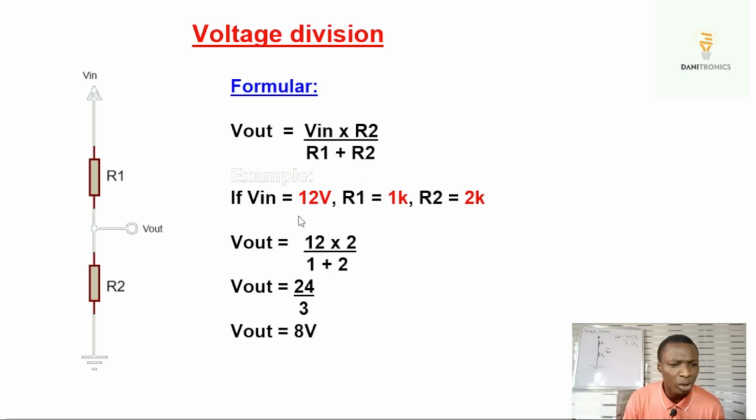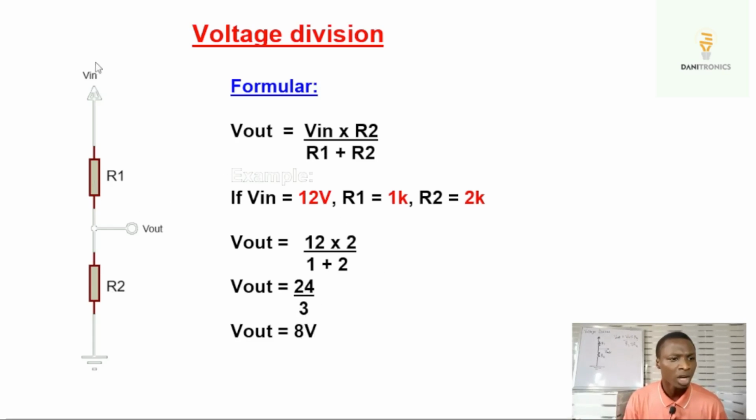So if I were to assume, for example, that our V in was 12 volts, and the values of our R1 and R2 are 1 kilo ohm and 2 kilo ohms respectively. This is just an example. Then using this formula, our V out will be 12 times 2, that's V in times R2, divided by the sum of the resistor values, that's 1 plus 2, and that's going to be 24/3,